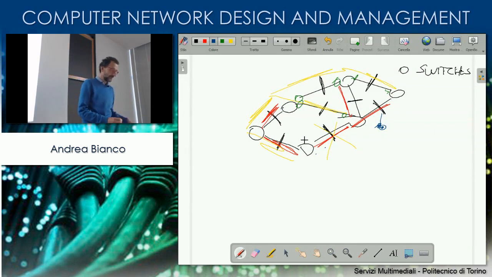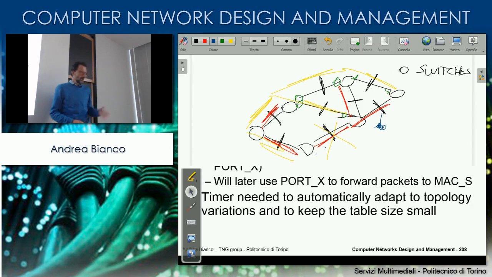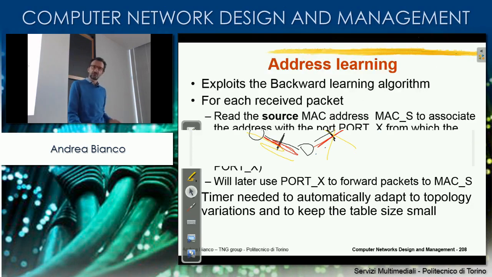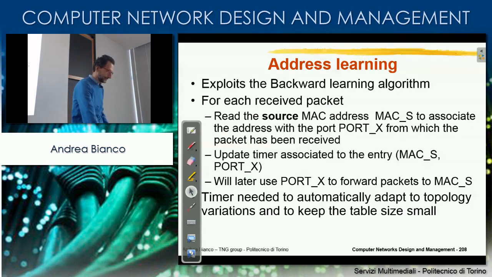This is the summary of lessons learned here. So this is how the address learning phase works, fairly easy. And also